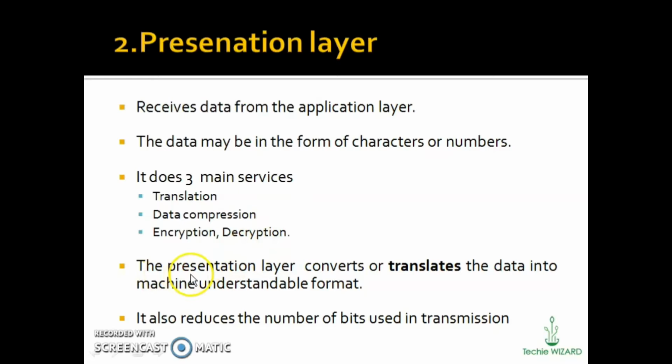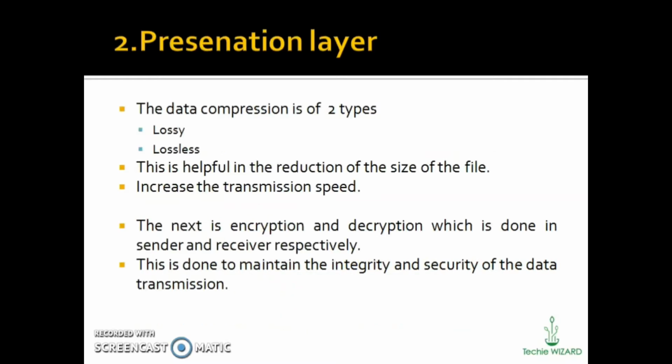The presentation layer converts or translates the data into the machine understandable form. It also reduces the number of bits used in the transmission, which is called data compression. The data compression is of two types, lossy or lossless.